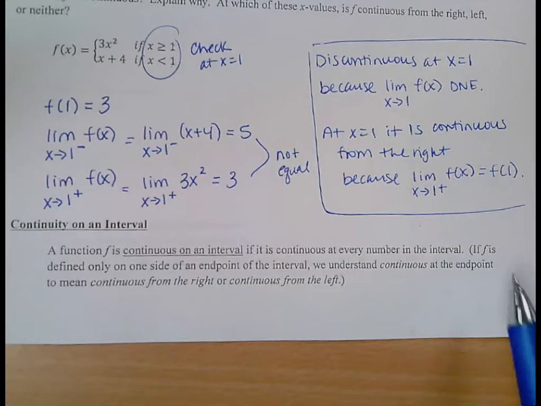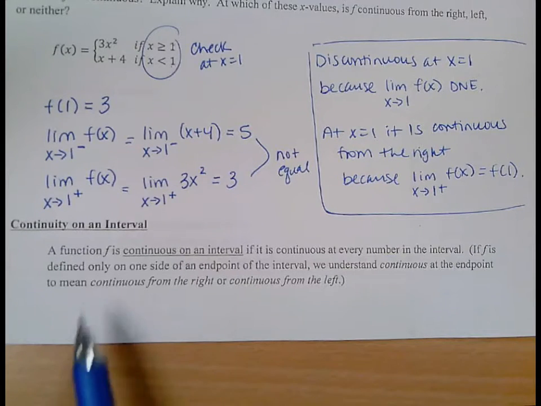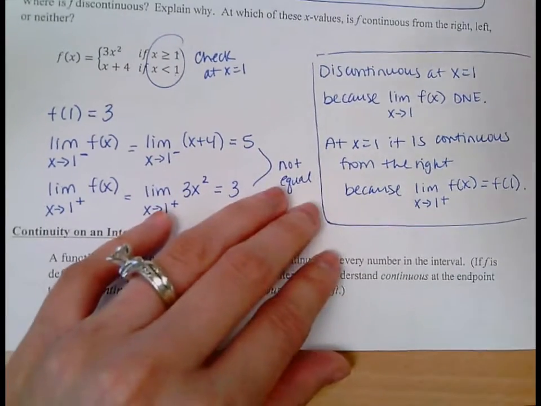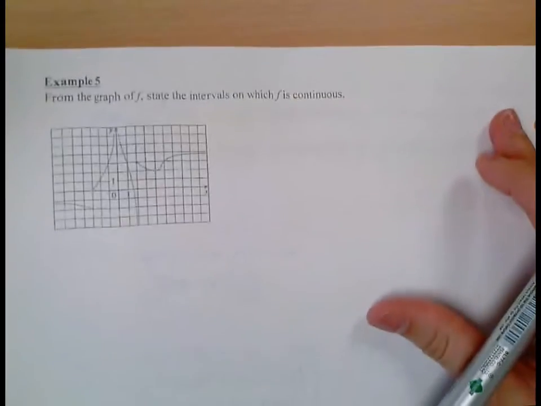So we say here if f is defined only on one side of an endpoint in the interval, we understand continuous at the endpoint to mean from the right or from the left. So I have a last example for you, another graph